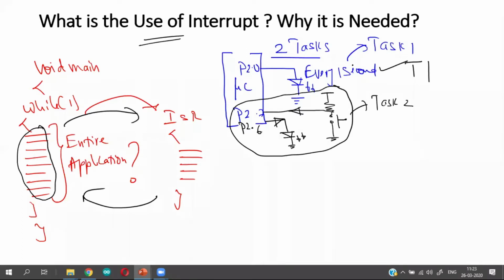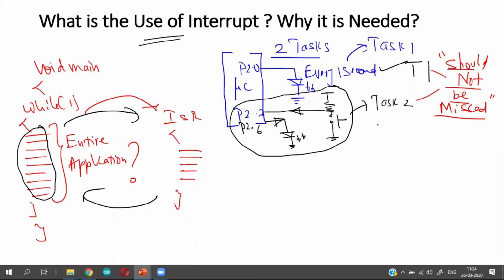The constraint here, or the condition here, is both task 1 and task 2 should not be missed. Should not be missed means the microcontroller should execute both the tasks with precision, and it should not at any cost miss any one of these two tasks. That is the condition. Now you have to tell me, if we are going to write this particular project in a single piece of source code, how are we going to write it? Okay, let us start with our discussion.